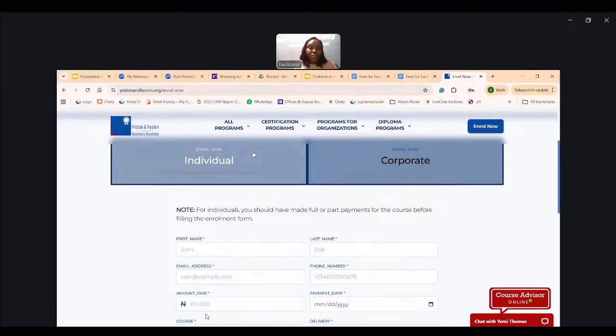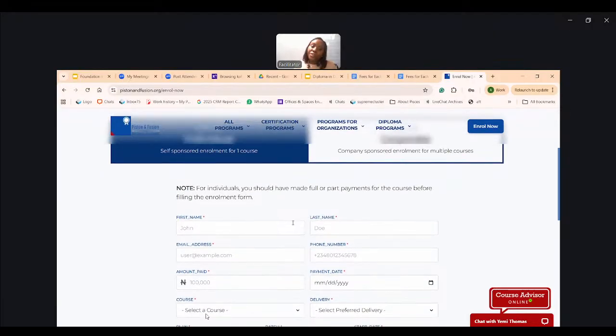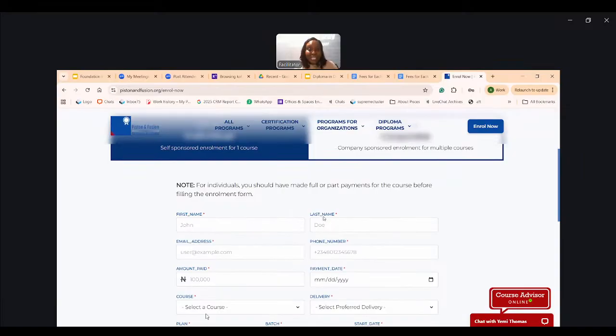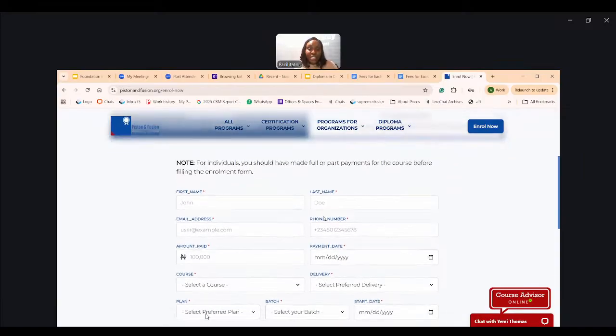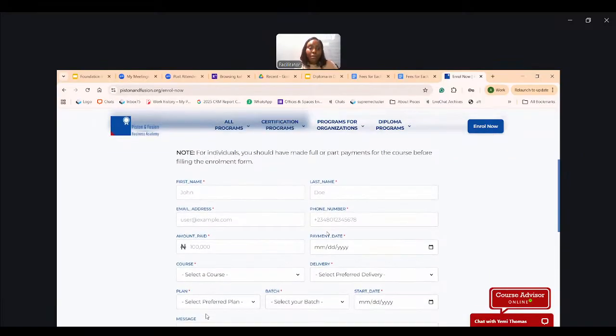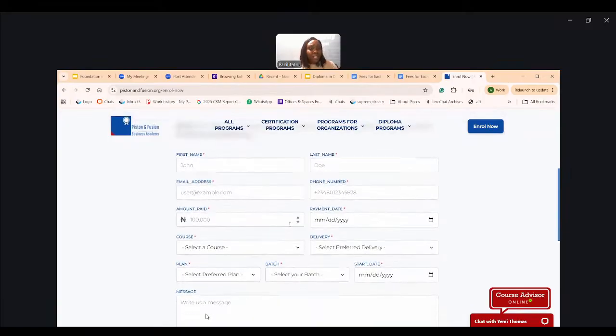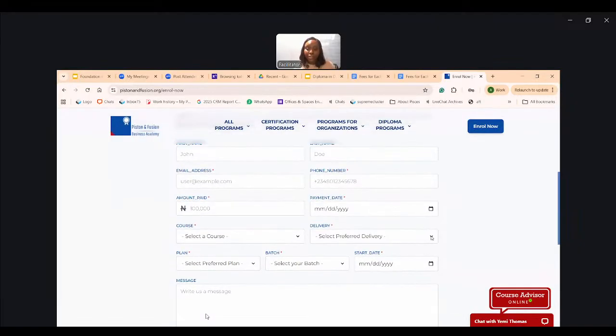But for individuals registering, you put in your first name, your last name, your email address, phone number, amount paid for those that have paid for the program, payment dates, costs, mode of delivery, which is either classroom or virtual, so you pick your preference,